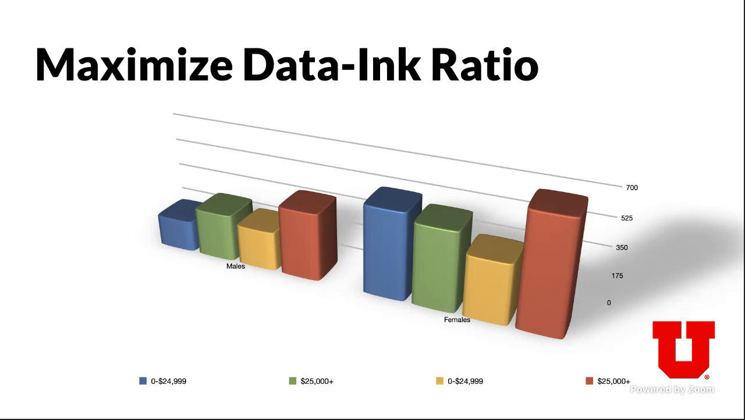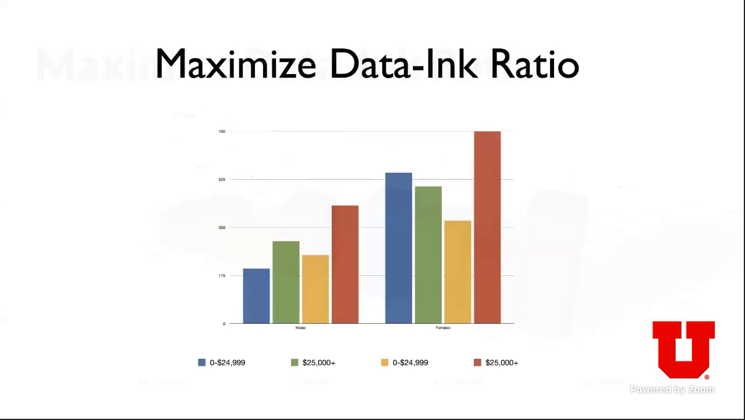And I'll talk a lot more about 3D later. But how could we change this bar chart to maximize our data-ink ratio? So first, we could remove the 3D. This is easier to read. It's also easier to create. So this is a better chart. But then,